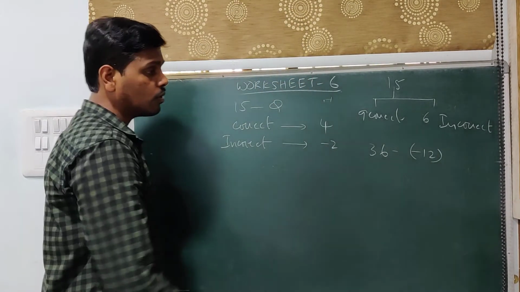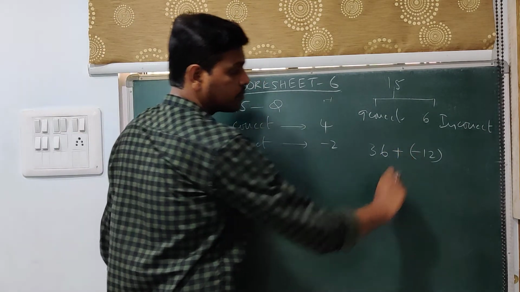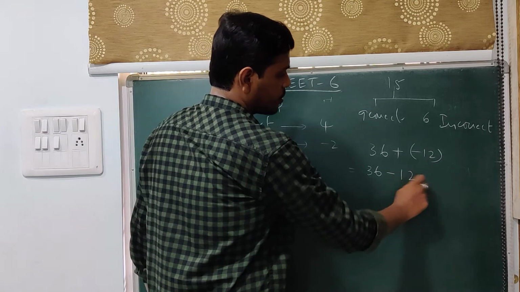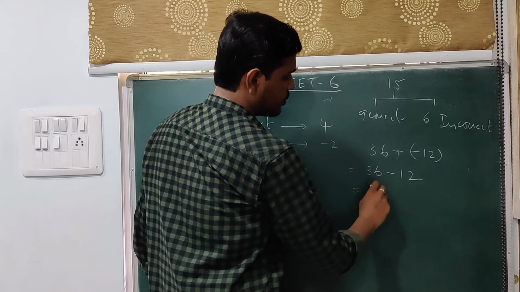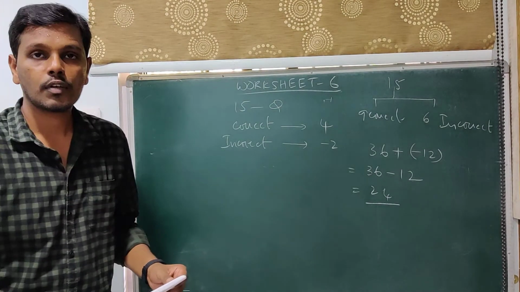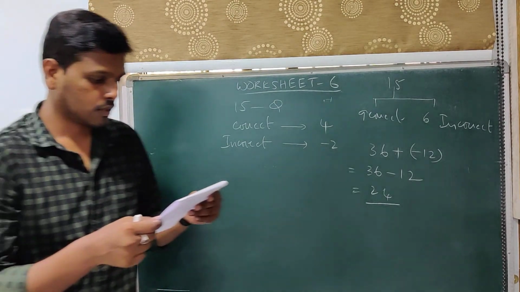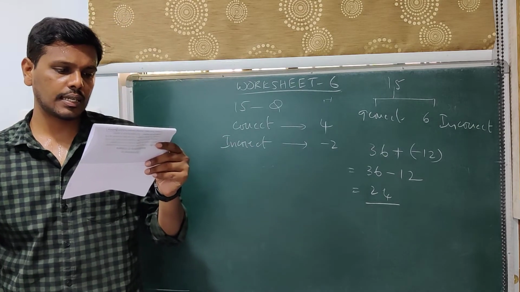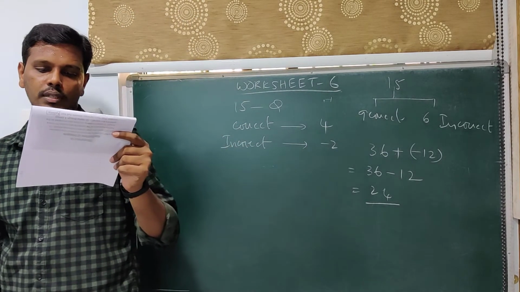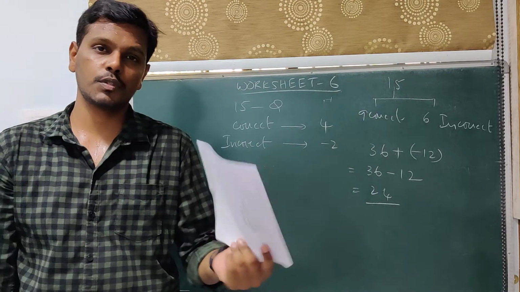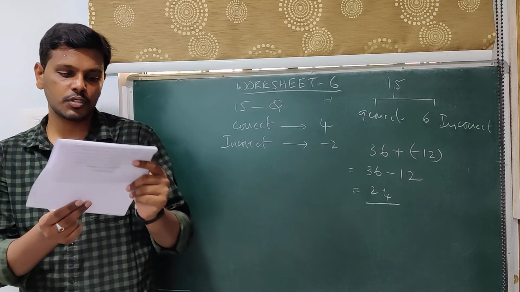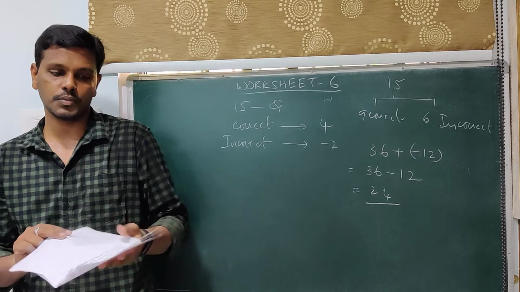Now we want the total score, which is the summation of this. So that is 36 plus into minus is minus 12. So that gives 6 minus 2 is 4, 3 minus 1 is 2. So the total marks which she has scored is 24. So that is with regards to the first case, and the second case is homework. Now the fourth question is just similar to the problem of basmati rice which we have done in the previous discussions. So that is homework. Even the fifth question is just similar to the first problems.